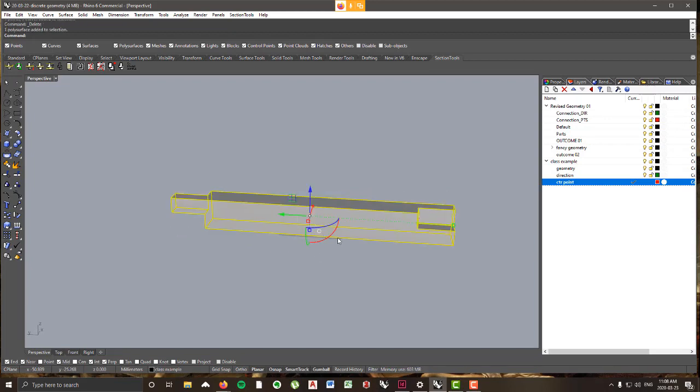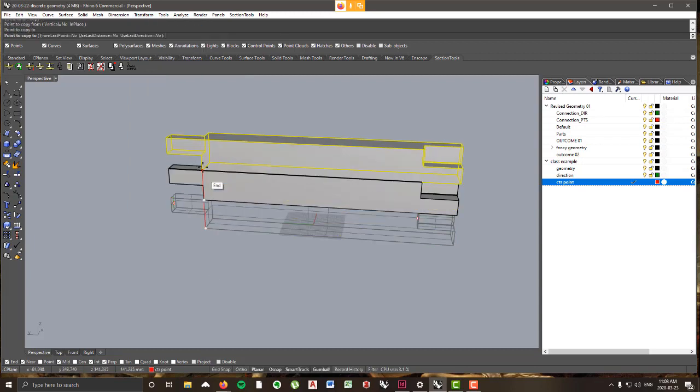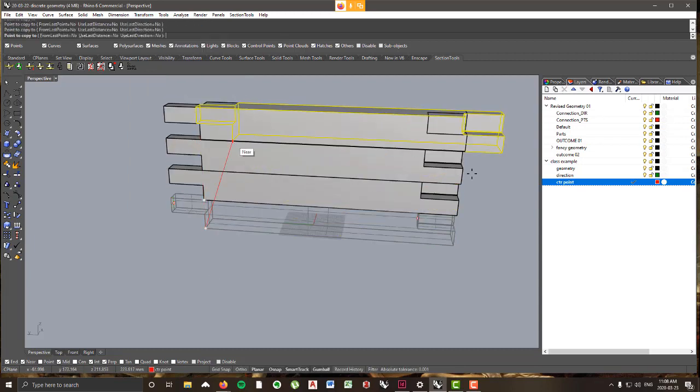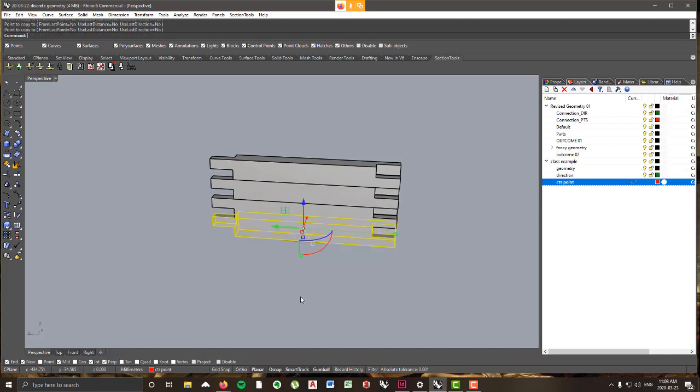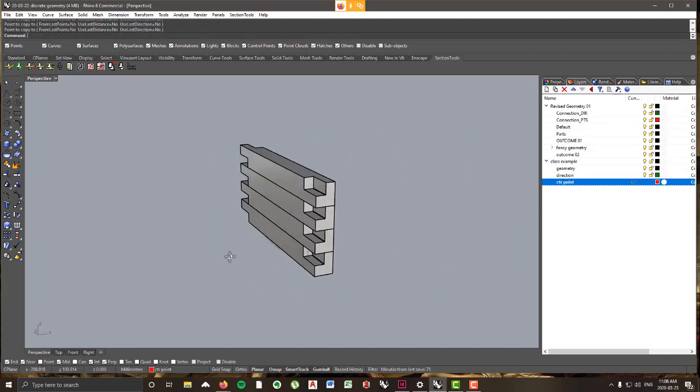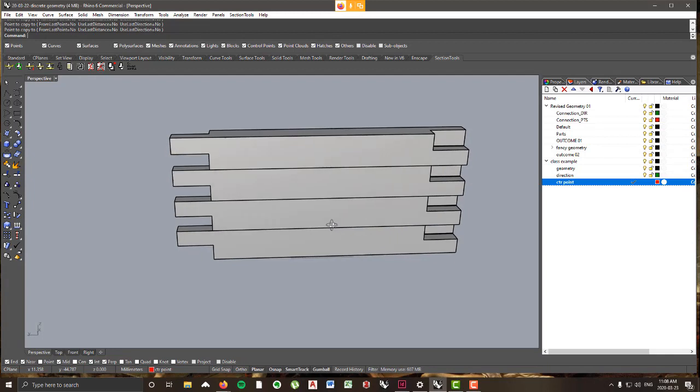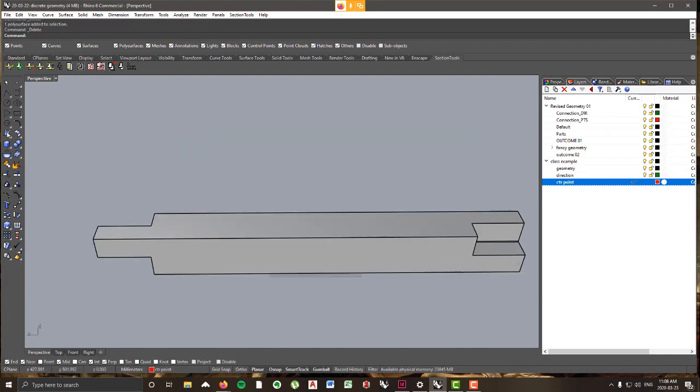What I like doing when I'm thinking about systems like this is copying the piece like that and thinking about how it's going to stack. So for instance, let's say I want to make this connection like so. This connection is very simple to make, right? All I need to do is set my direction line to be my current layer, find the midpoint of this surface,